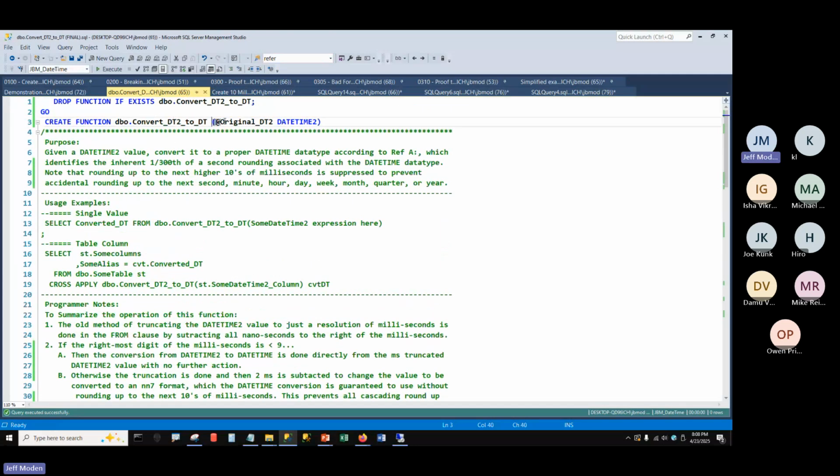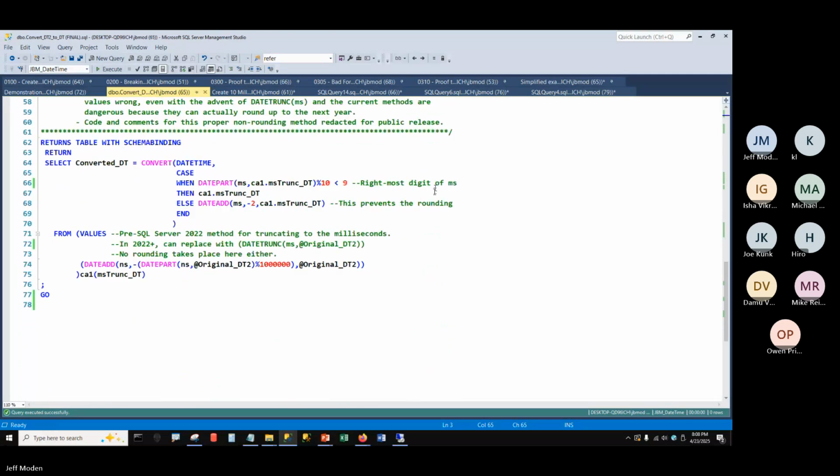Remember I said work with DateTime2 7. DateTime2 defaults to 7. If you wanted to put a 7 in there just because you don't like working with defaults, you could do that. But this takes some date time as a DateTime2 7, and then it calculates what the number of nanoseconds are that we need to subtract, and puts a negative number in front of it, adds that to our original date time, and then we have to do that thing that says, hey,